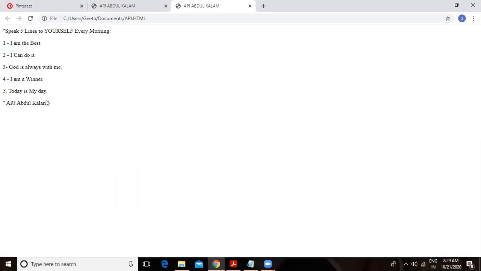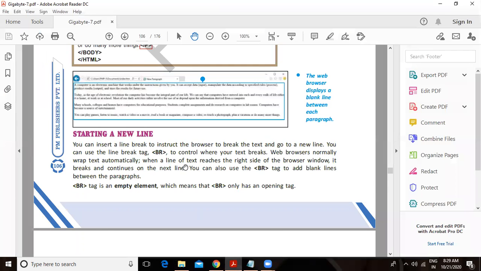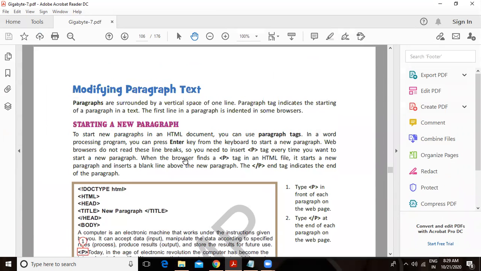Initially they were coming in the one line only. Now here we have 5 paragraphs. I am the best. I can do it. Can you see one line gap here between the lines? We have converted them into the paragraphs. So here you have learnt the P tag, how you can modify the paragraph.